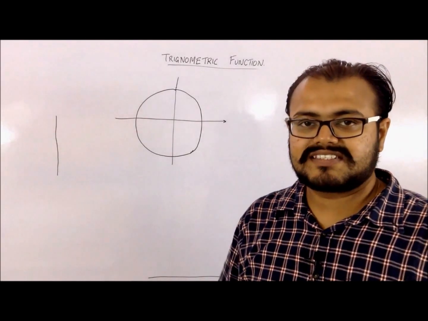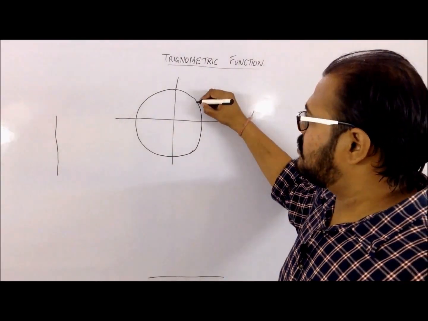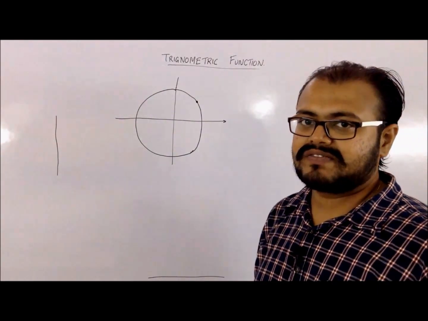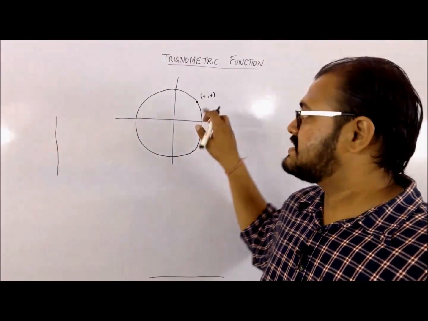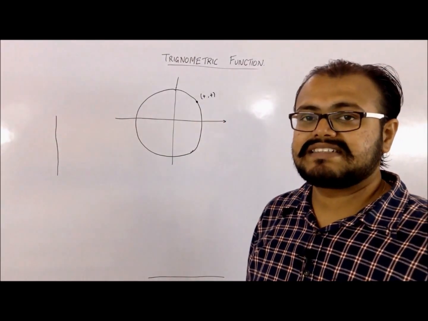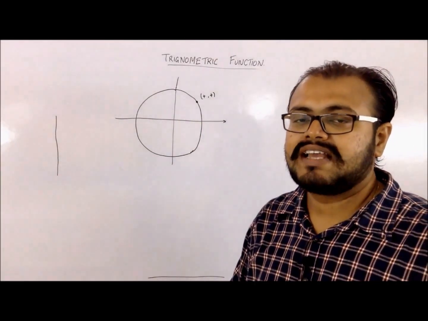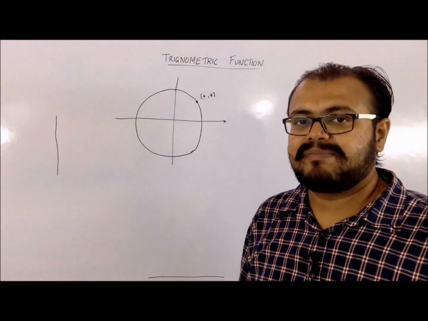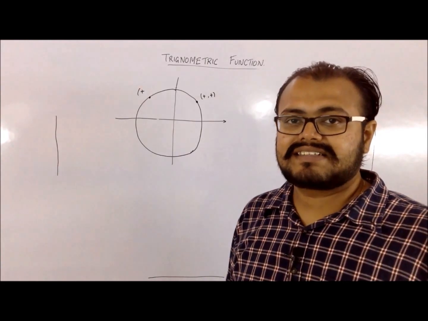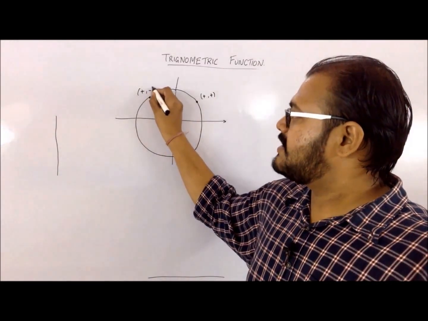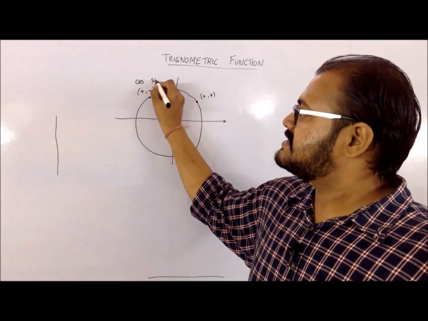The reason for this to happen lies in the circle itself. If you just observe the coordinates of the point in the first quadrant of the circle, both of them will be positive values. Since my x coordinate represents my cos term and the y coordinate represents the sine term, and both are positive, the other remaining trigonometric functions are also positive. In the second quadrant, I will have the x coordinate as positive and the y coordinate as negative. That means my cos is positive but my sine is negative.